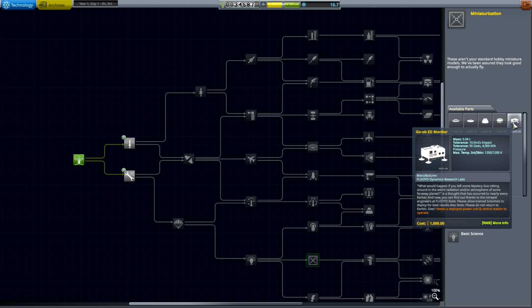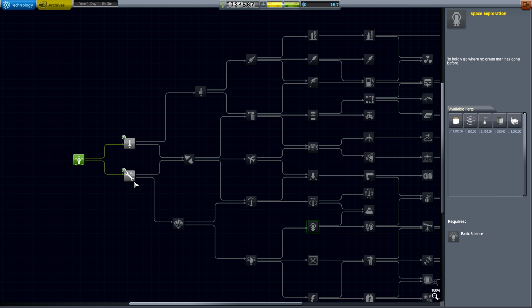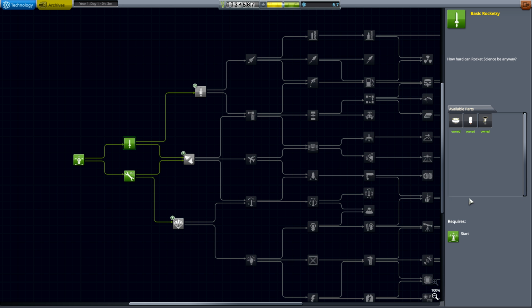It's what lets you do extended experiments on Mystery Goo. And the Probodobodine experiment control station, which has to be set up to control all of your experiments on the planet. So not too far into the tree, we start getting some of the unlocked modules. So that's pretty cool. I'm going to go ahead and research this, and I'll research that, and then that